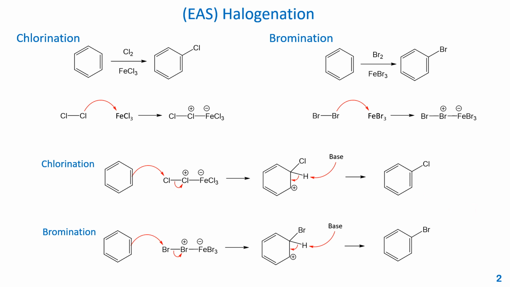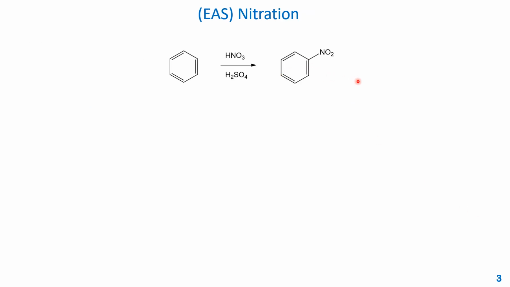Now, another example of EAS is nitration. This time, you need nitric acid and sulfuric acid, and the product is nitrobenzene. As usual, we will talk about the generation of the electrophile. With nitric acid and sulfuric acid, the lone pair of the oxygen in the nitric acid will attack the proton. Basically, it's a protonation and